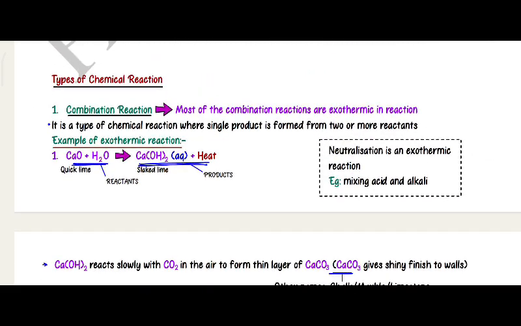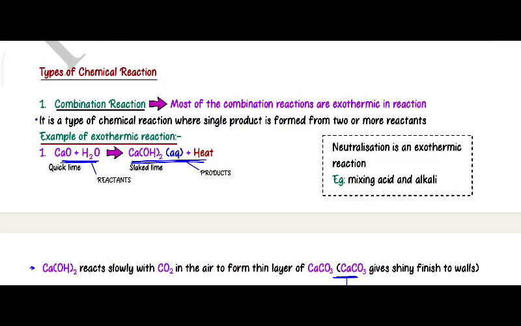Combination reaction. Most of the combination reactions are exothermic in nature. It is a type of chemical reaction where a single product is formed from two or more reactants. Example of exothermic reaction: calcium oxide, quicklime, plus H2O, water, reactants give calcium